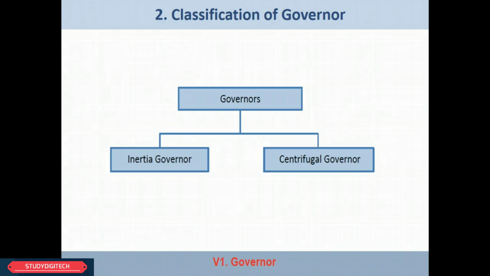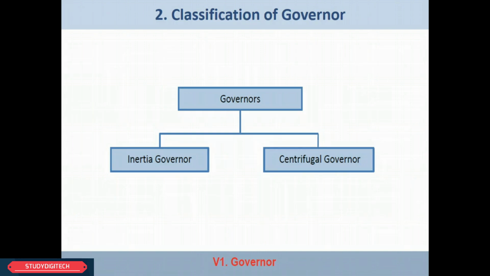Next is the centrifugal governor. Centrifugal governor operation mainly depends upon the change in speed and the centrifugal force on the governing balls. In centrifugal governors, only centrifugal force is in controlling action. Centrifugal governors are less sensitive compared to inertia governors and their response is slower than that of inertia governors. These centrifugal governors make it easy to balance the revolving parts. That's why they are popularly used in most applications.